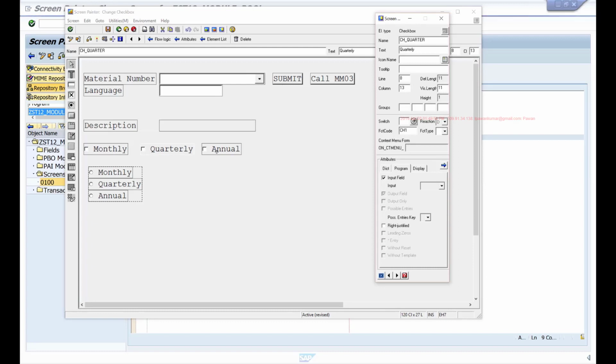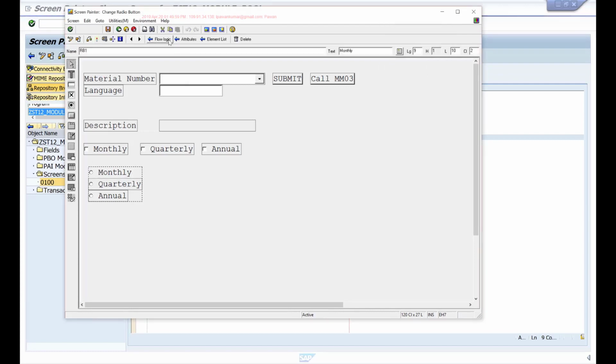So for checkboxes, you have to maintain individually for each checkbox that you want to trigger PAI for. And for radio buttons, you just maintain for one. It's for the group, you maintain one, it's okay. You don't have to maintain for each radio button because all of them are in a group anyway. So now I maintain some function code for this checkbox, radio button and my drop down box.